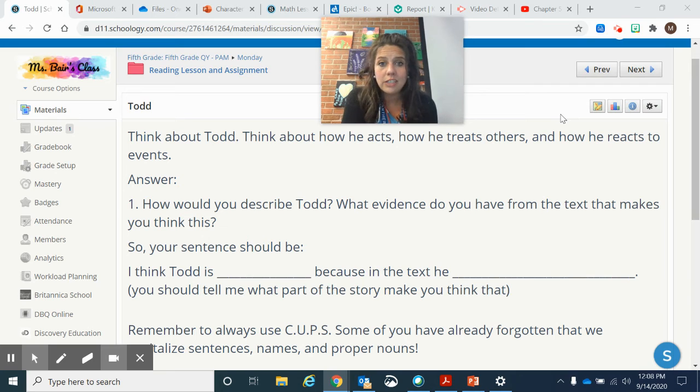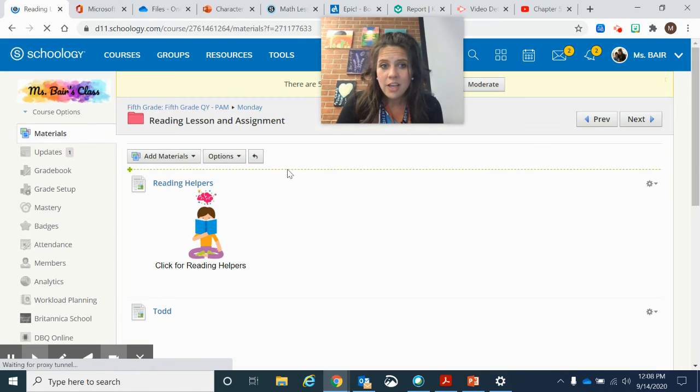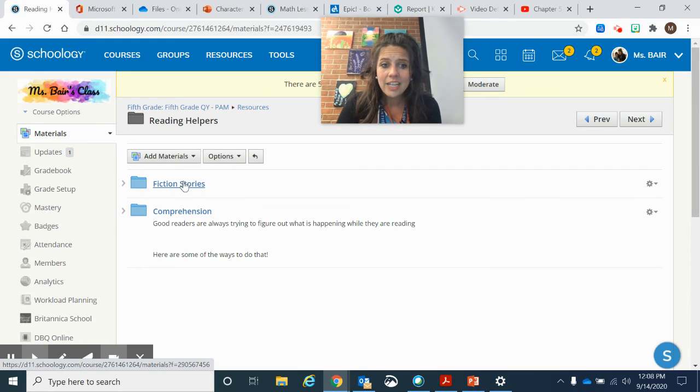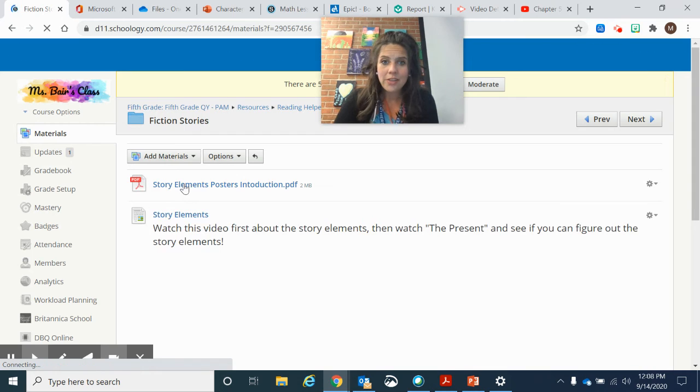It should go, "I think Todd is..." and you'll tell me what you think he is, because in the text, and tell me your example of why you think he is that kind of kid, what kind of character trait he has. If you're wondering about other kinds of traits, you can always click on this reading helpers, and we're doing fiction stories, so click on that.